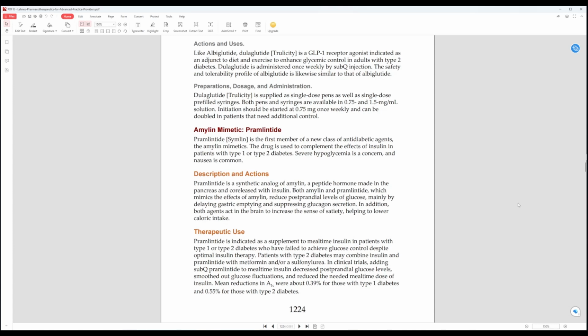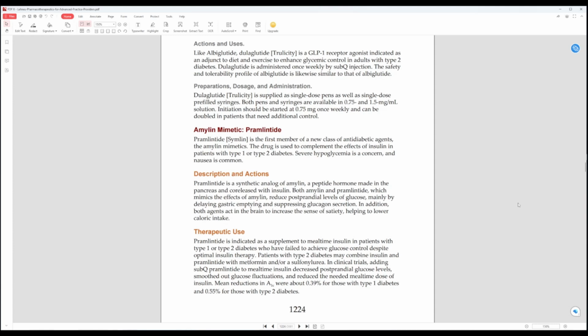Pramlintide is a synthetic analog of amylin, a peptide hormone made in the pancreas and co-released with insulin. Both amylin and pramlintide, which mimics the effects of amylin, reduce postprandial levels of glucose, mainly by delaying gastric emptying and suppressing glucagon secretion. In addition, both agents act in the brain to increase the sense of satiety, helping to